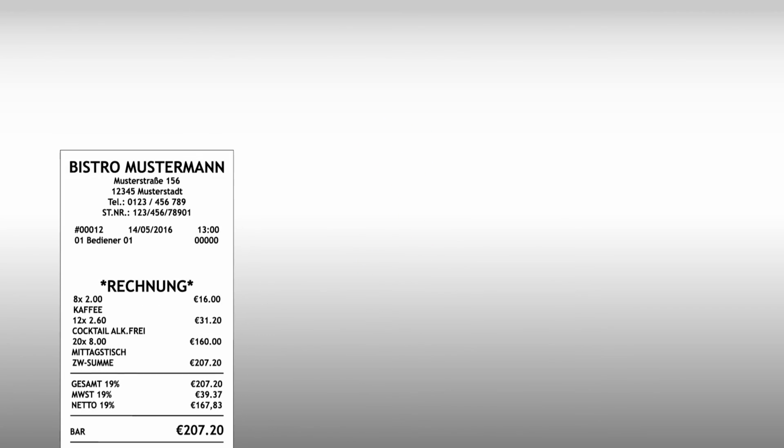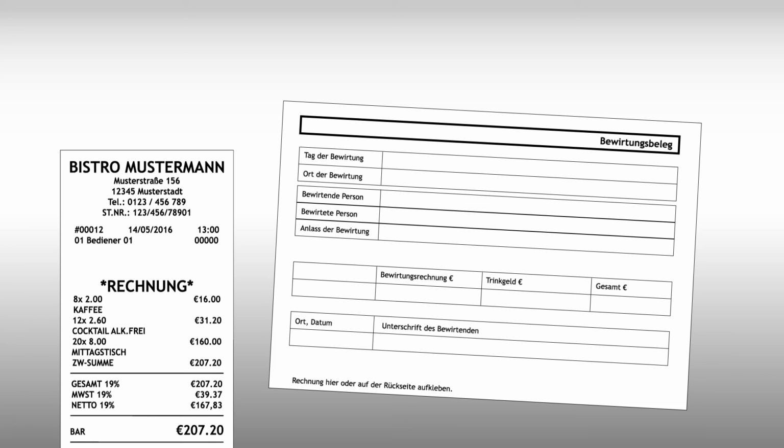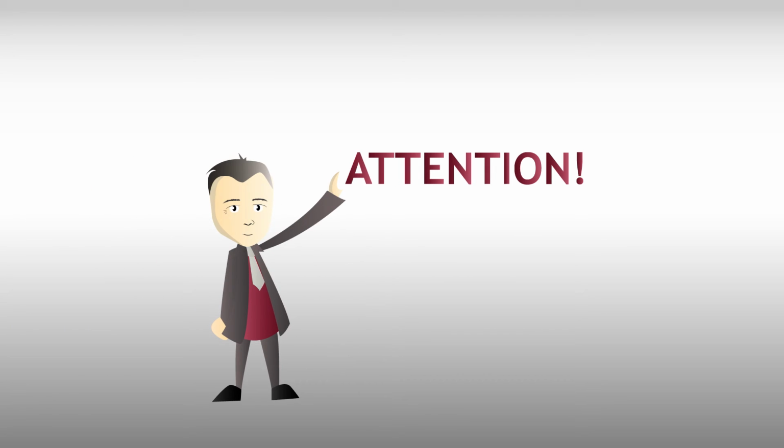The invoice issued by the bar or restaurant must have been machine-generated and registered. By contrast, it is permissible for the name of the recipient of the invoice to be entered manually by the proprietor on the invoice form. For purposes of the deduction of business expenses, it is inadmissible to use a collective reference such as